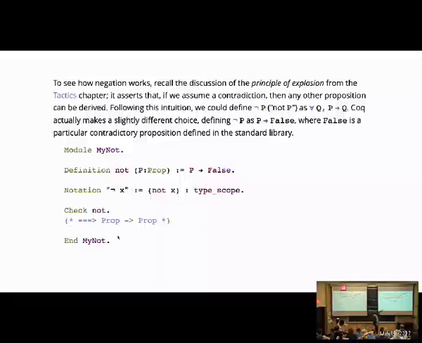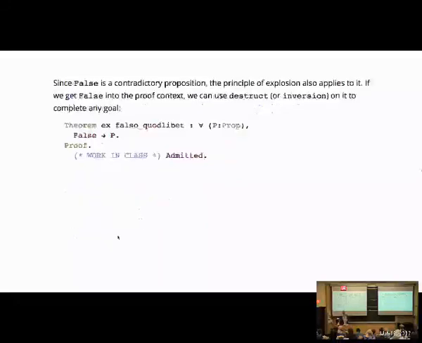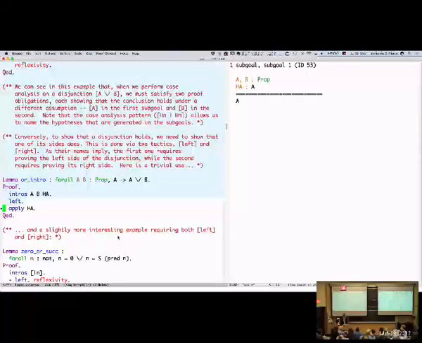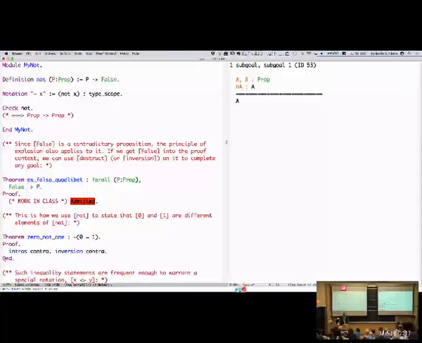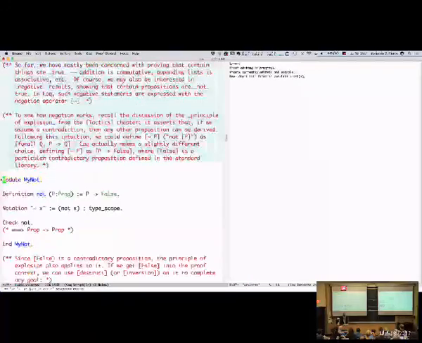So, the not operator, which is what the symbol means, and by the way, the ASCII symbol for that is the tilde. So the not operator is a unary function from propositions to propositions, and it just means P implies false. So to work with negation propositions,